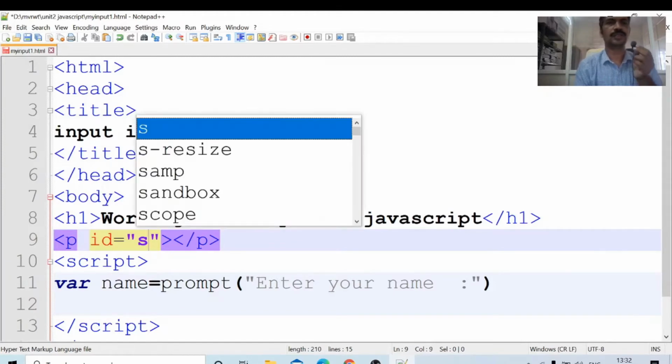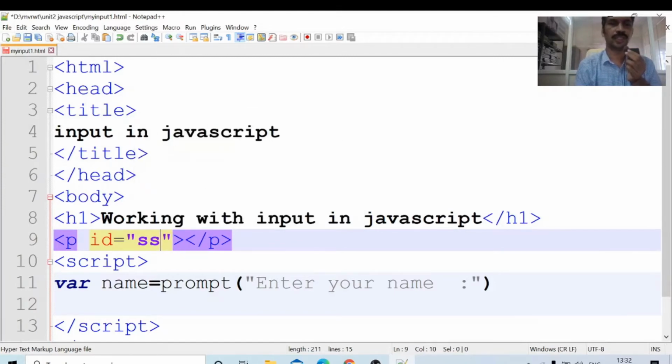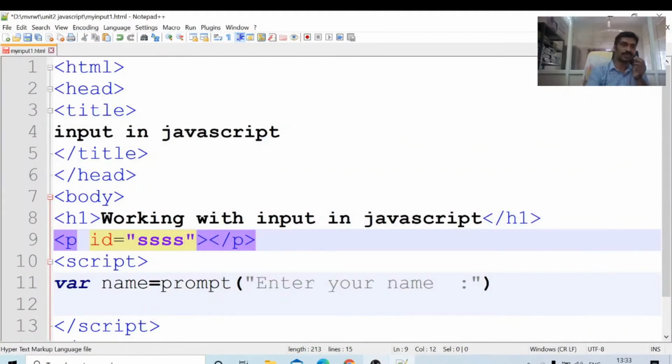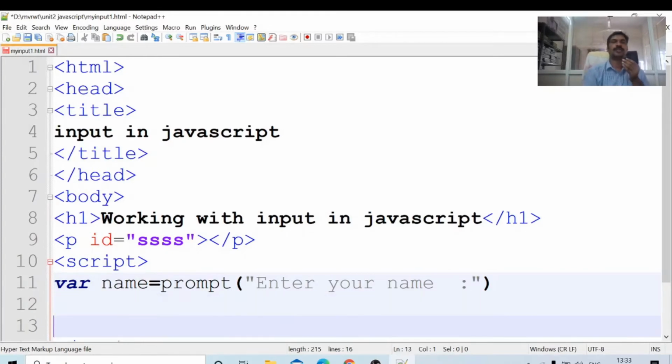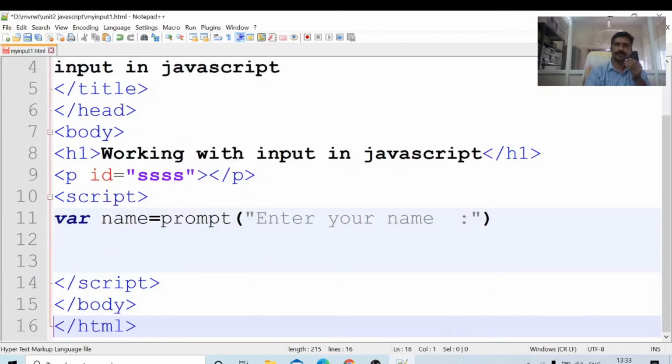Srinivas, Sretan Sai, Sai Kritik, Shobha. In my family, all the names of my family members start with S, so I am giving the id as SSSS. That is the id, and using this I am reading one name.